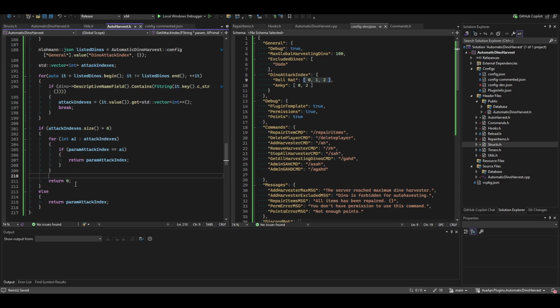Right? I think this is nonsense. Wait, let me review it. So if we found attack indexes, we found one dino there that matches the listed attack in the allowed indexes, right? We're gonna check here the attack indexes, and then we check if our parameter that wanted to be,